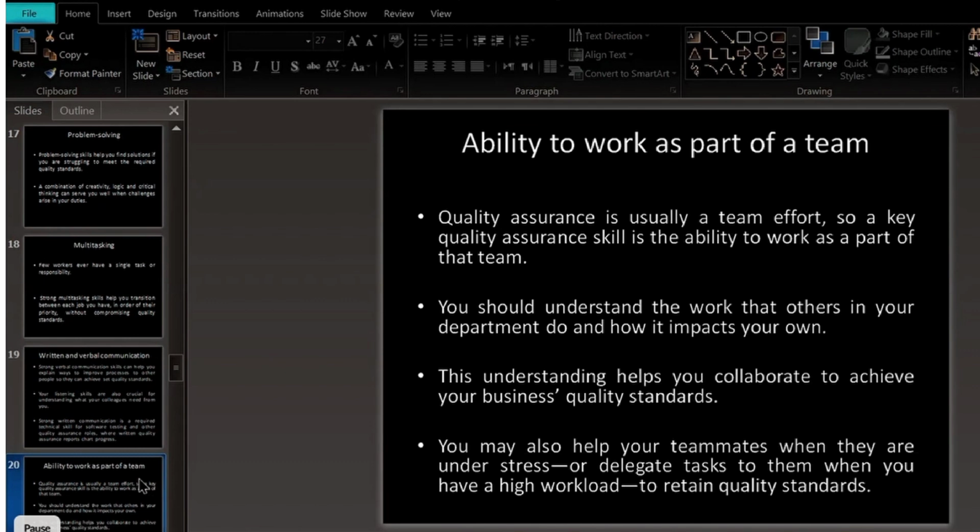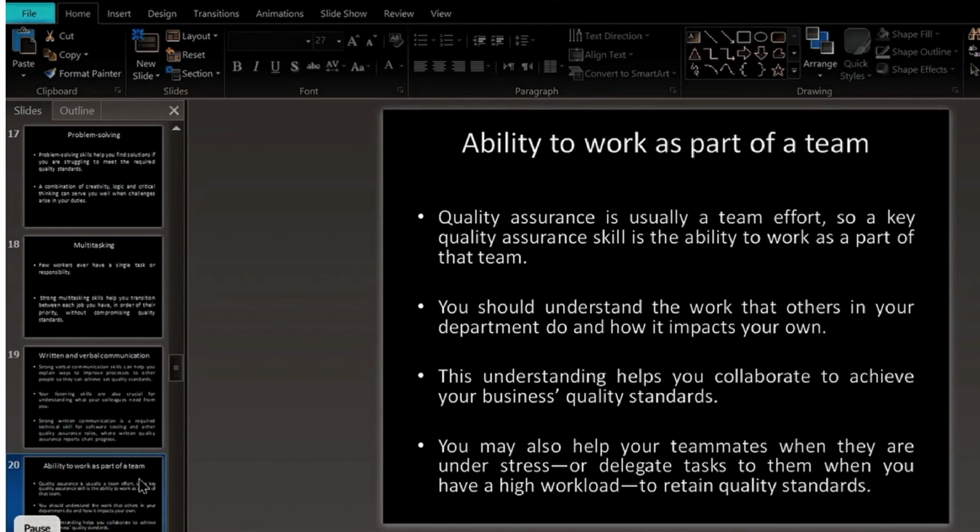And when we talk about ability to work as a part of team, quality assurance is usually a team effort. So a key quality assurance skill is the ability to work as a part of the team. You should understand the work that others in your department do or how it impacts your own. पहले भी हम बात कर चुके हैं कि you have to work together. You have to make sure that you're working well together. At times